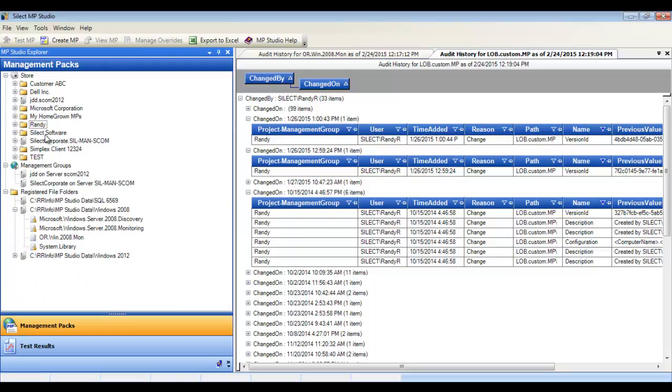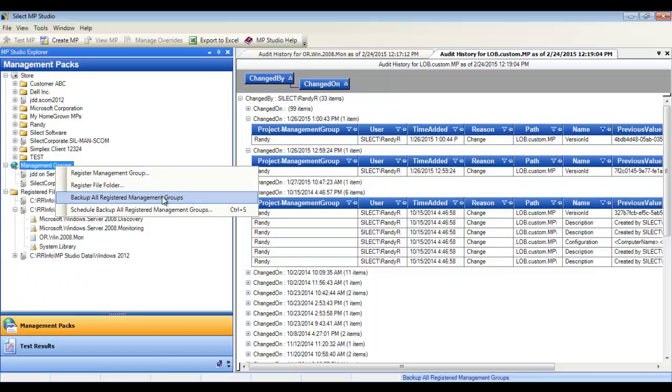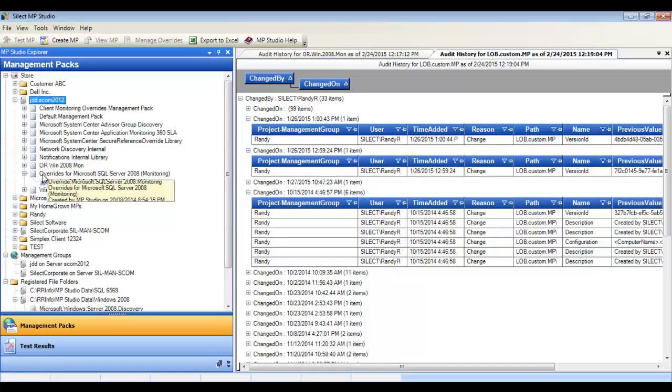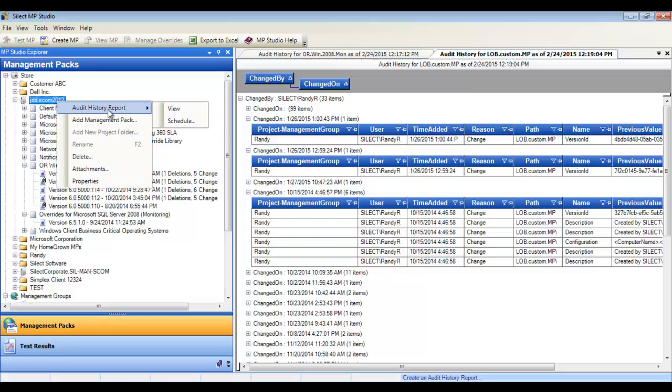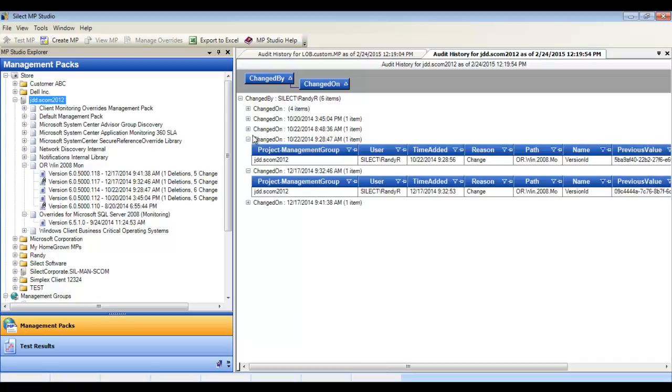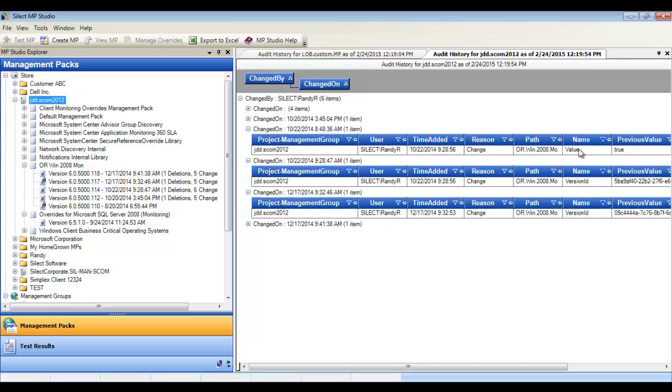MP Studio also supports the ability to back up your management groups. You can even schedule that backup. What this will do is it will copy any unsealed management packs that have changed into the management group folder in the store database. And guess what? You can also schedule the audit history report for that particular management group or any management group. This will allow you to very easily stay on top of any changes that have occurred with any of your override management